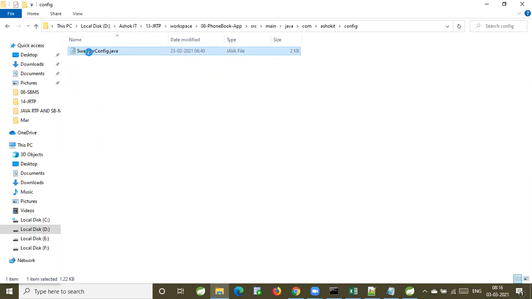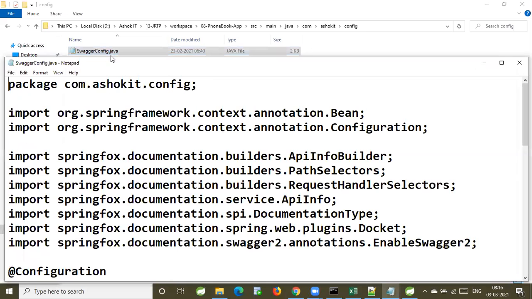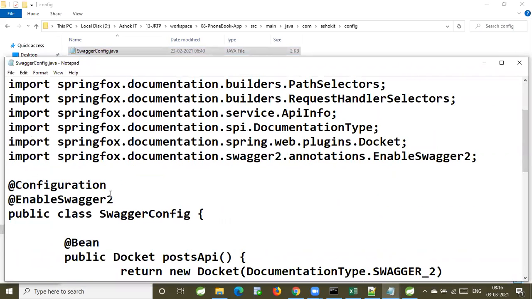Now, guys, can you please read the class name? Config. Am I representing that class as a configuration class or not? Yes, I'm representing that class as a configuration class.